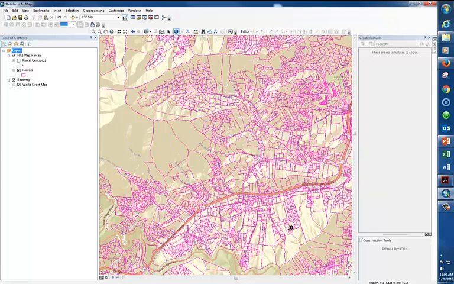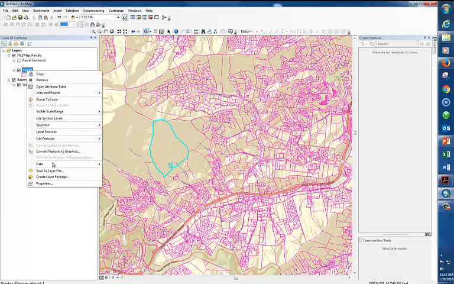I don't want to work with all these parcels. I want to just pull that one out and save it as its own file. Okay, so that's the trick we're going to do right now. So I click on Select Features, select the parcel. It's selected, and now when I go over to parcels, I'm going to right mouse click it. I'm going to go to Data, Export Data,